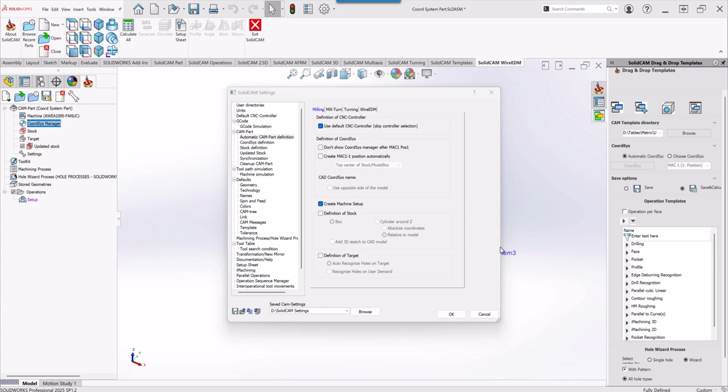In this final recording in this series of creating a coordinate system, we will go through the settings and we will also show you how edit a coordinate system works. If we go to our settings page in our SolidCAM settings, let's first go to automatic CAM part definition. Over here we have one issue that is related to coordinate system, and that is create Mac 1 position 1